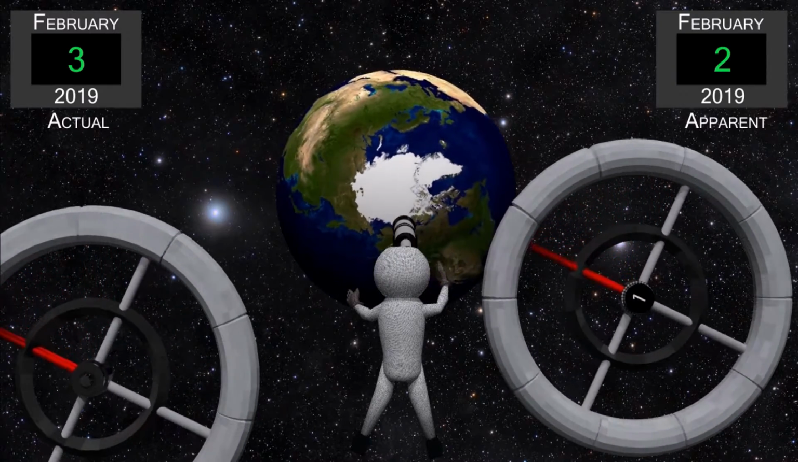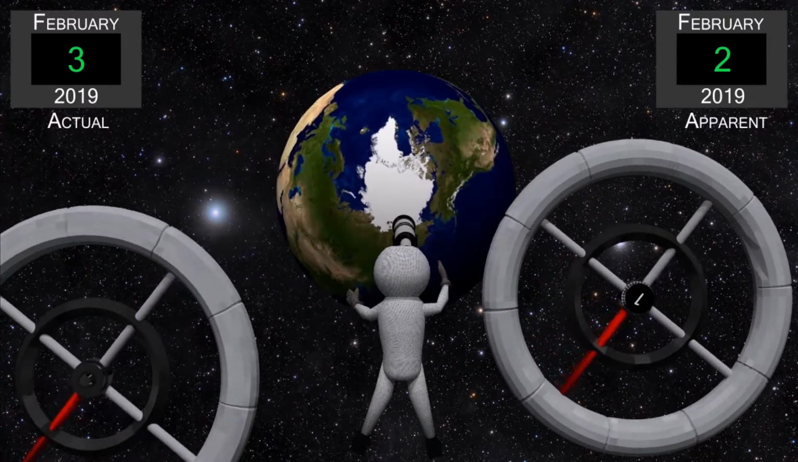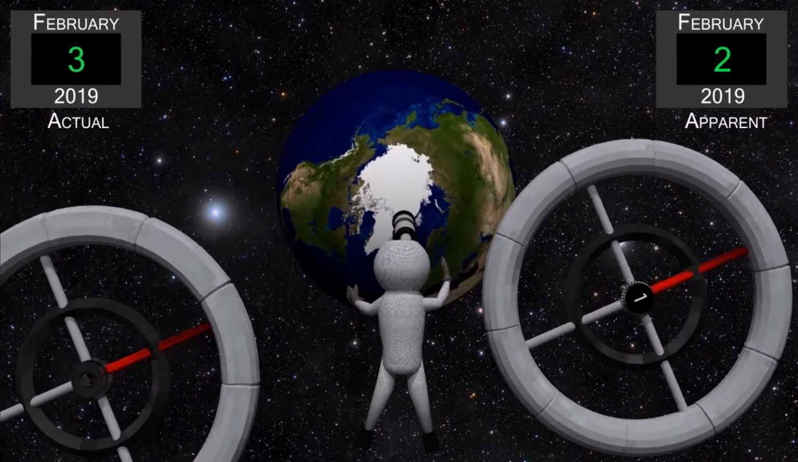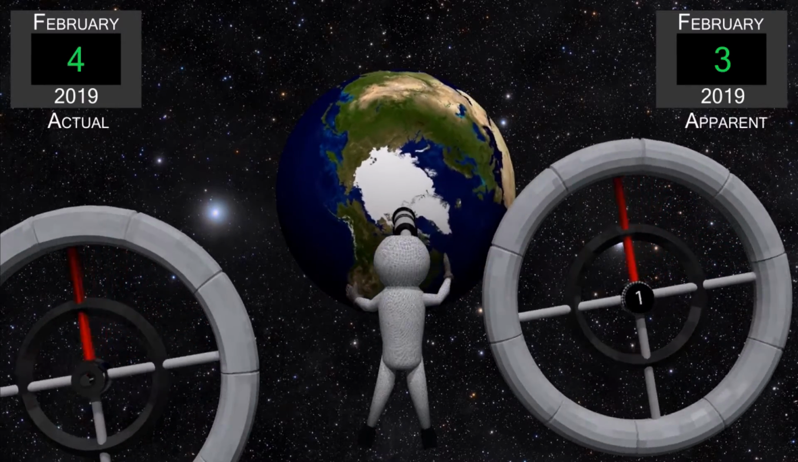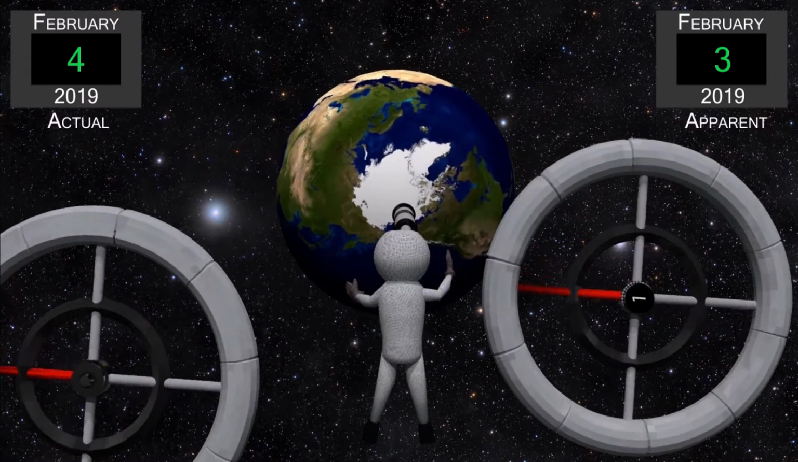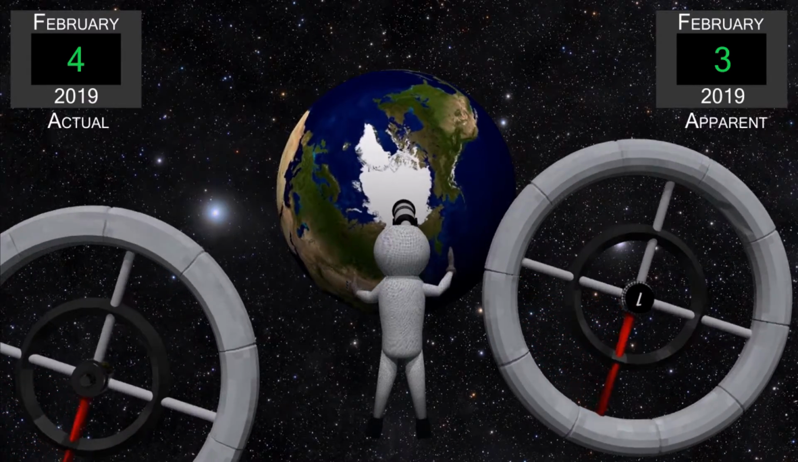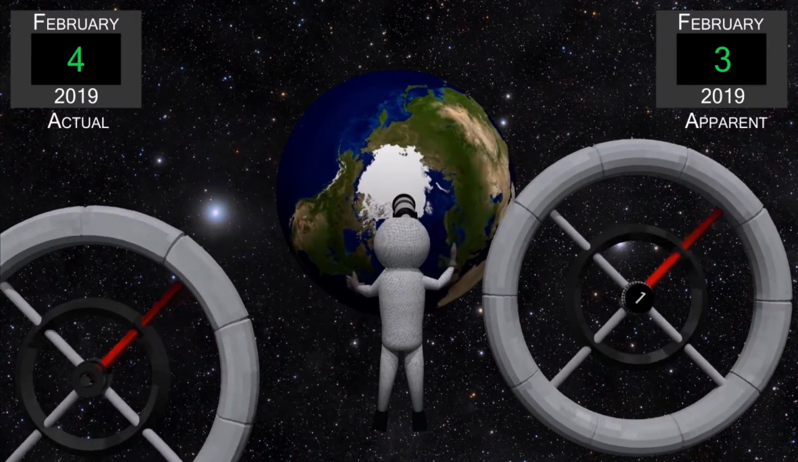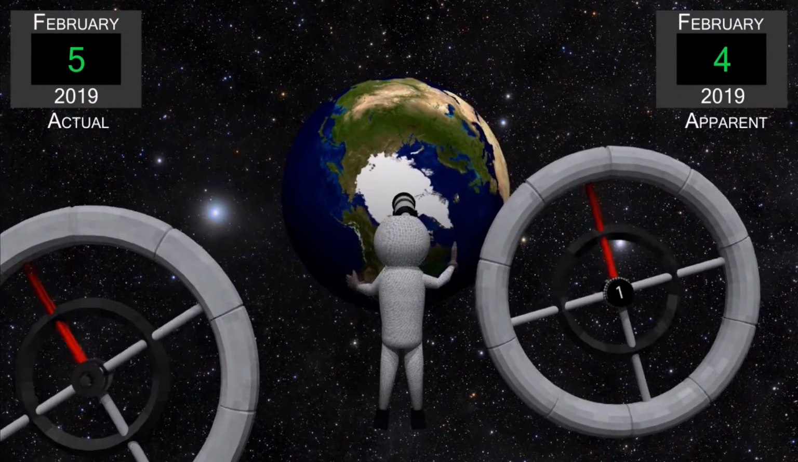The calendar clock on the right shows the apparent Earth date. Since the speed of light is finite, it diverges from the Earth actual time depending on how far away you are. The one on the left shows the actual Earth date. When Carl sees February 4th through his telescope, which will actually be February 5th, he will launch at half the